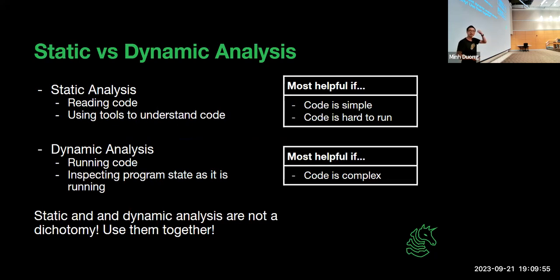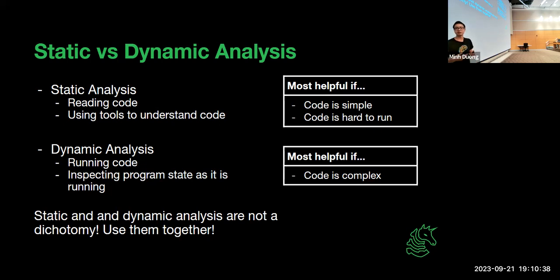All right. The two main types of analysis for understanding code are static and dynamic analysis. These are not inherently opposites, and there are plenty of techniques that use both. But these are the main categories when you're thinking about how to try to understand a piece of code. Static analysis is reading the code and using tools to automate that reading. You're not actually running it, so you have much more limited information about the state your program is in. The advantage is that you can often understand it